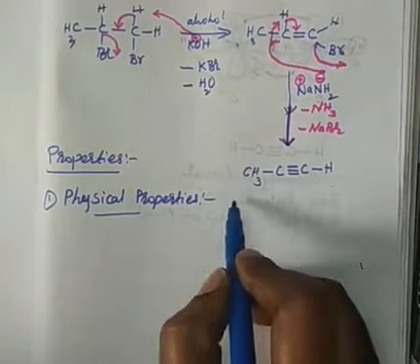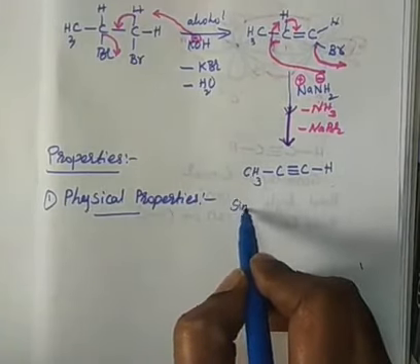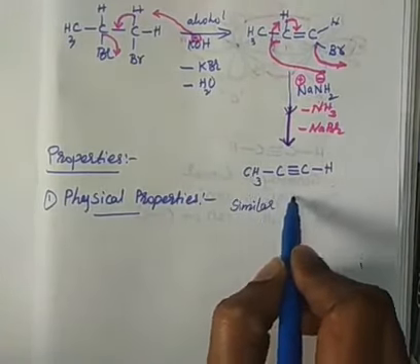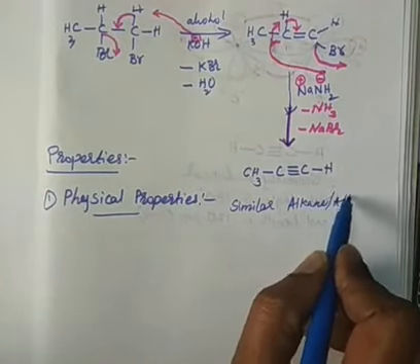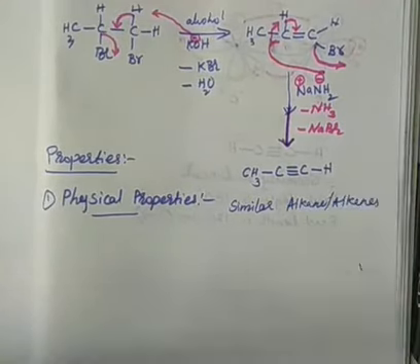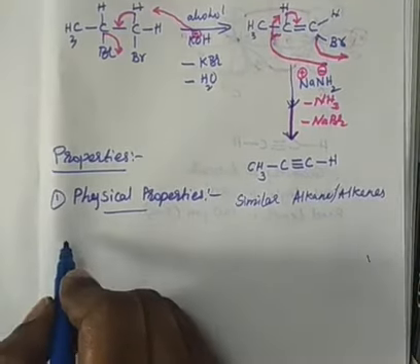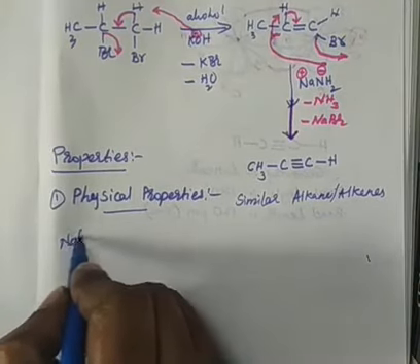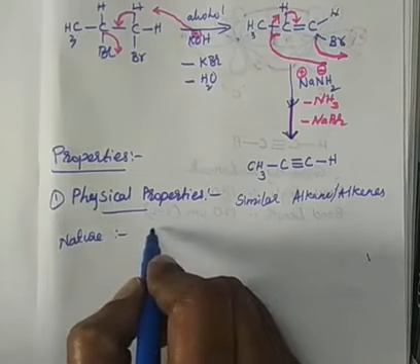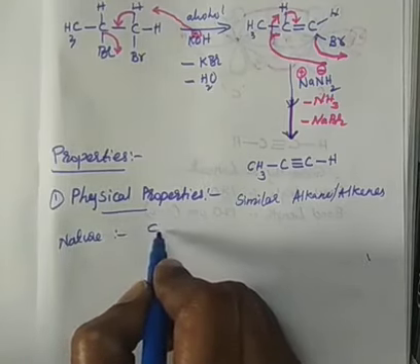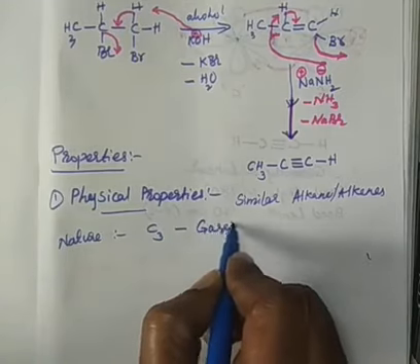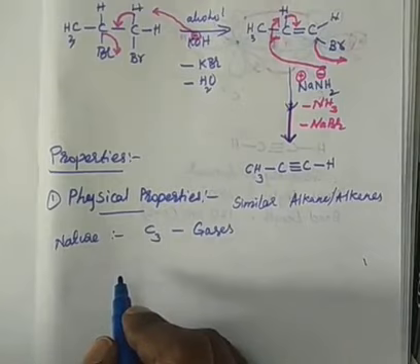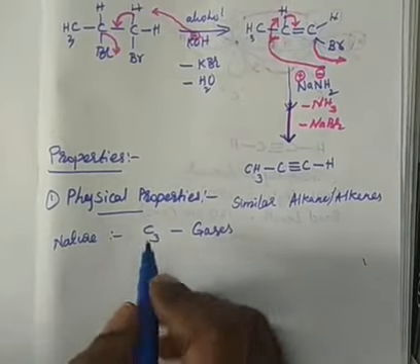And this follows similar to that of alkenes and alkanes. Alkane and alkene I have explained very well about their melting points or boiling points, right? Coming to the physical nature, how they exist. I said, first 3 members or first 4 members. So here, C2 till C4 are gases.